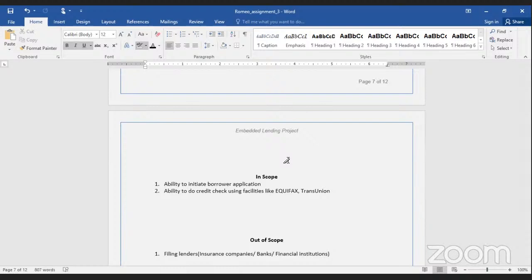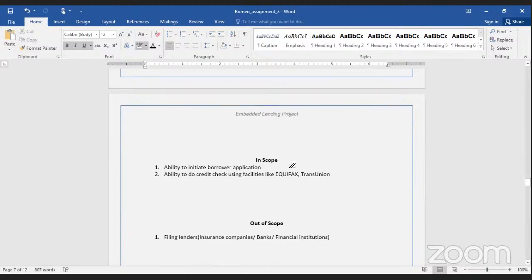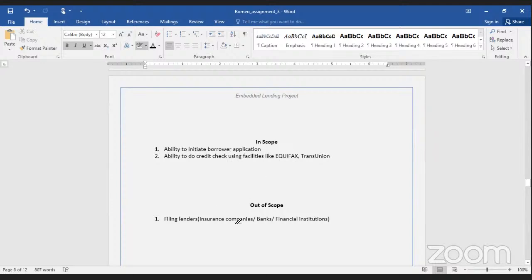Then some out-of-scope functions. There are a lot of in-scope functionalities, but these are the two I could think of. Out-of-scope functionalities: the system should be able to do onboarding of lenders.